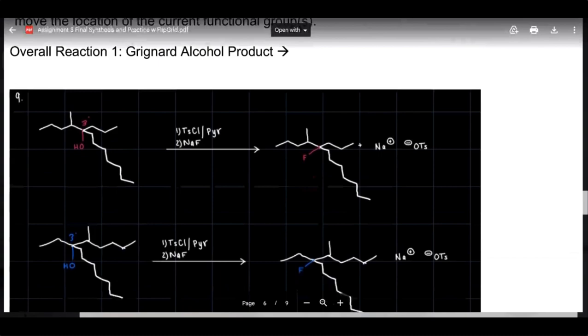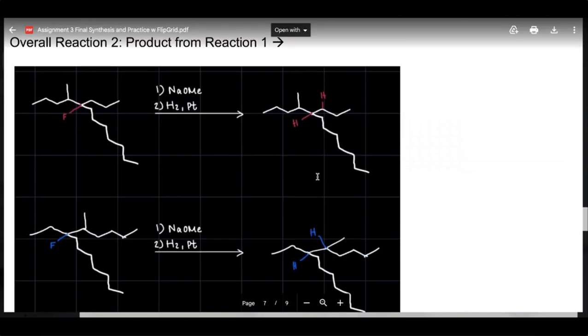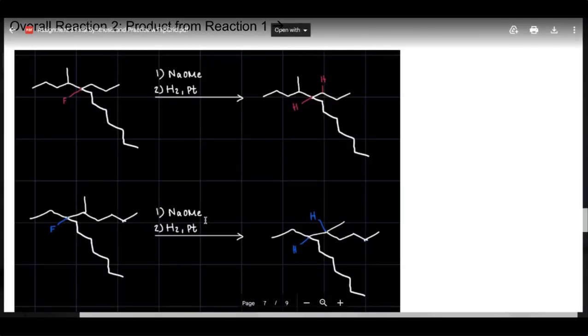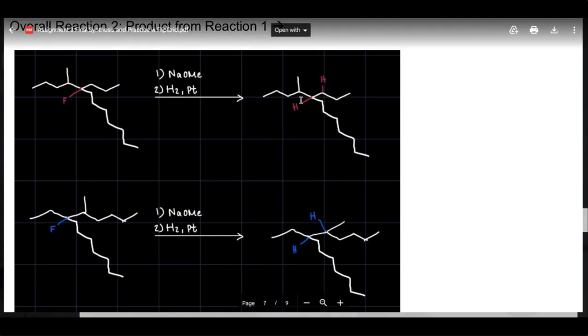Lastly, I created two reactions, one with the Grignard alcohol product that was formed previously, using TsCl and pyridine and NaF, which form these products. I then took this product to form another reaction, and I used NaOMe as my starting reactant, and for the second one I used H2 and platinum. It's called hydrogenation. Hydrogenation adds two hydrogens in syn addition. Syn addition means on the same side. My overall